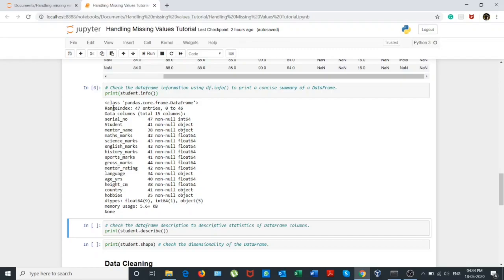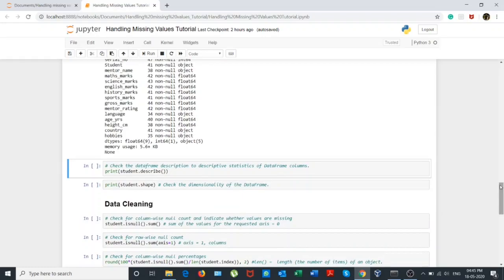These are the column names, these are null values in those columns. There are data types, this is very important. So every column, whether it has categorical values or integer values, it has to be in a specific data type. Categorical values must be in object data type, and integer values have to be in integer or float data type.